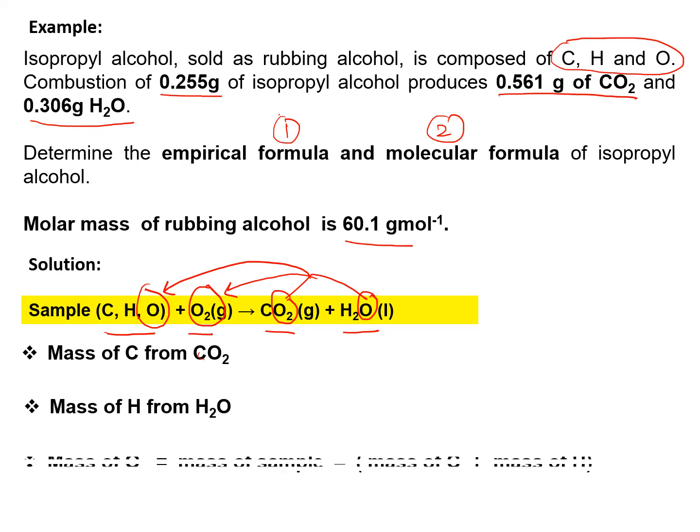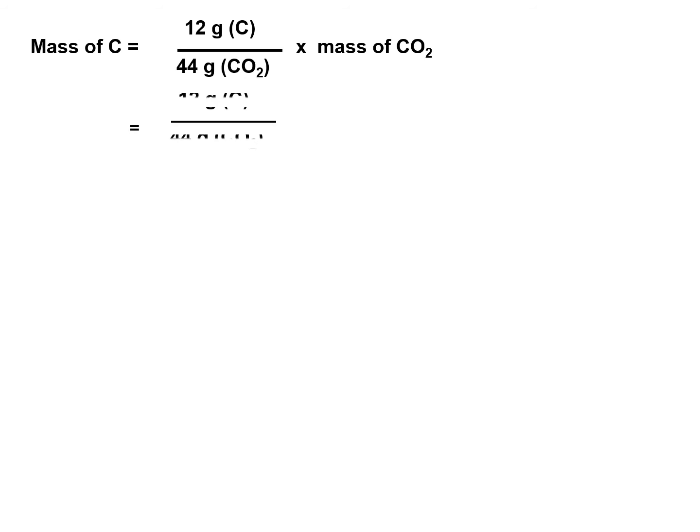We use this formula: mass of oxygen equals the mass of the sample minus the mass of carbon and hydrogen. This concept students must really understand. So we cannot calculate the mass of oxygen from H2O. To calculate the mass of carbon, we use the mass of element carbon, 12, over the mass of CO2, 44 gram, times the mass of CO2. So we will get the answer